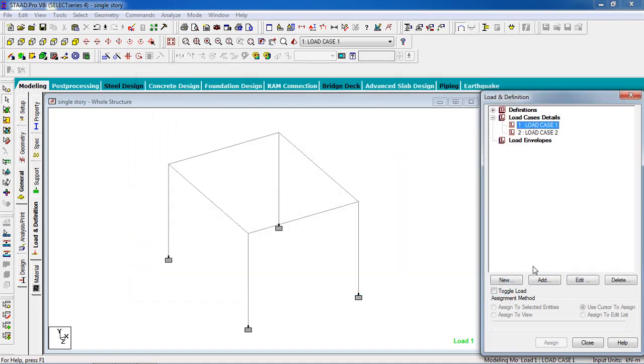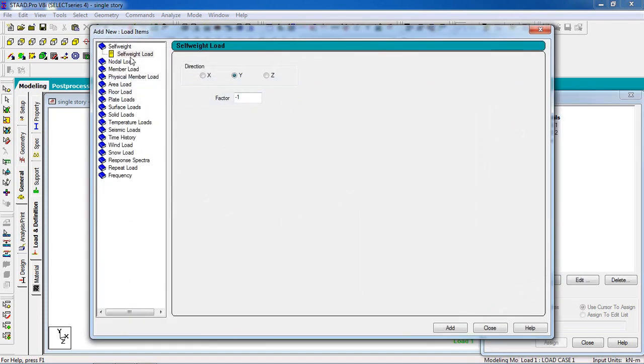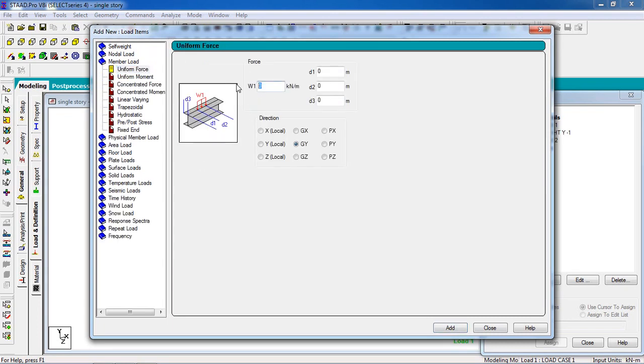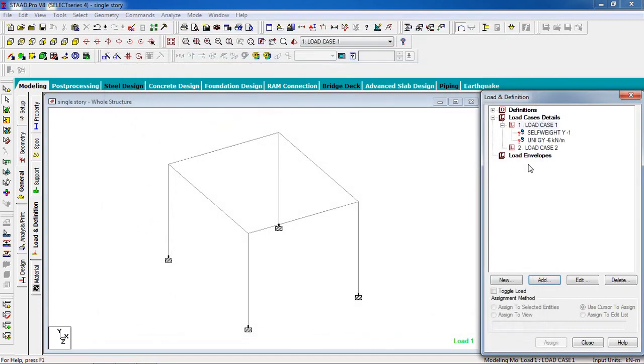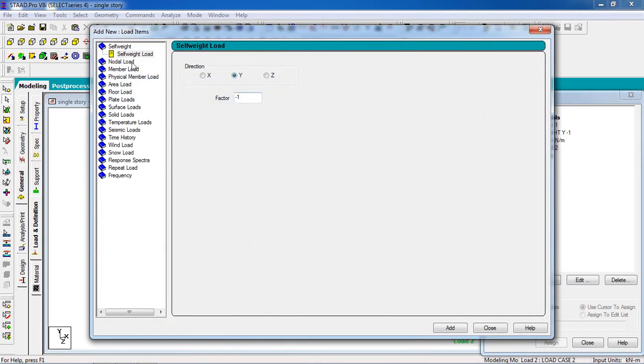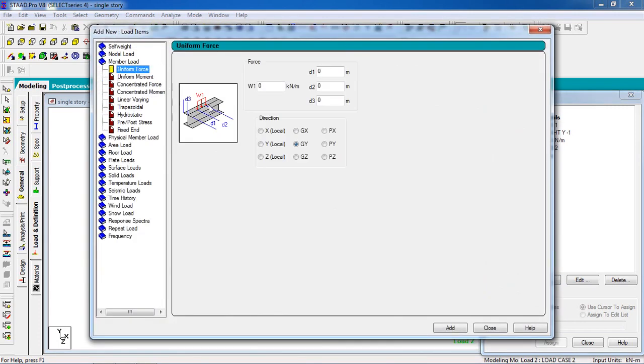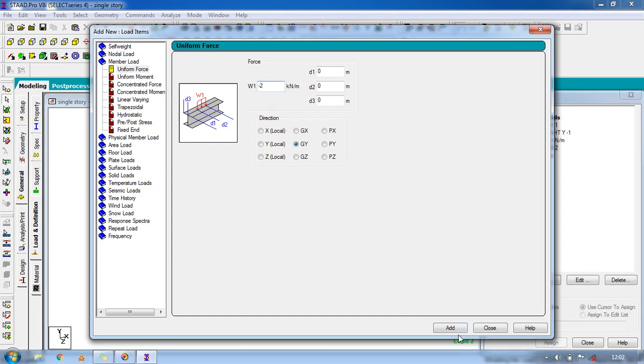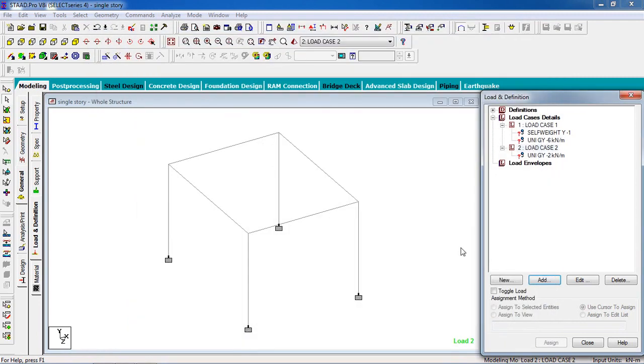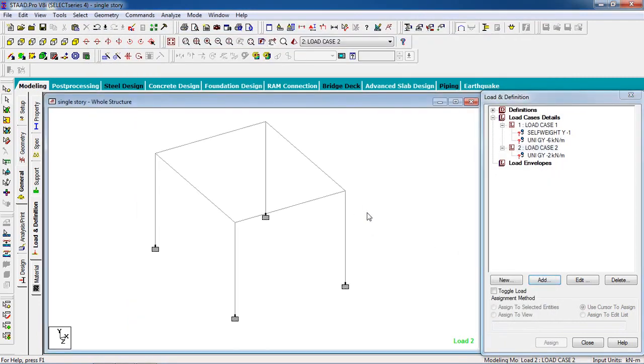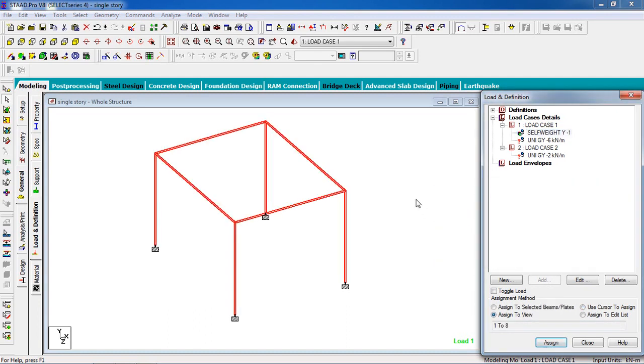Okay, now first select load case 1, add the self weight, add the member load minus 6, add, close load case detail, member load minus 2, add. Okay, now go to self weight, assign to view for the whole structure.